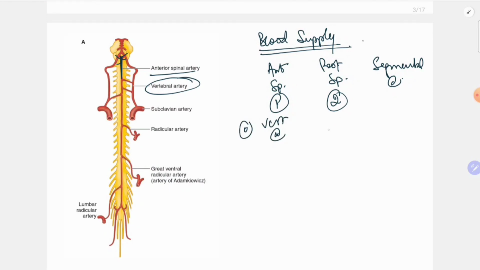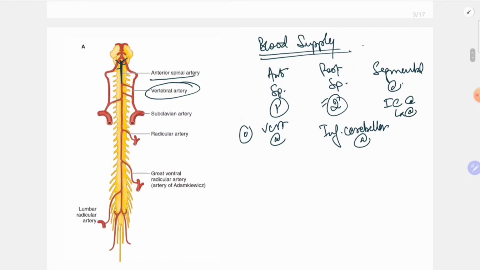And the posterior spinal artery, its origin is from the inferior cerebellar artery from both the sides. Two, like one from each side, emerge and supply the posterior part of the spinal cord. Then segmental arteries, they come from the intercostal arteries and the lumbar arteries. These segmental arteries enter the spinal canal through the intervertebral foramina. The anterior spinal artery supplies the anterior 2/3 of the spinal cord, and the posterior spinal artery would supply the posterior